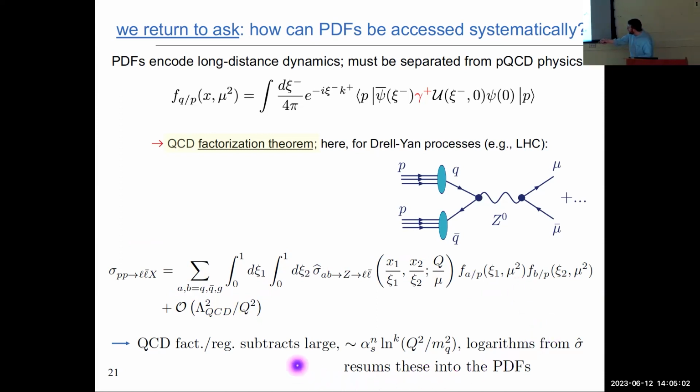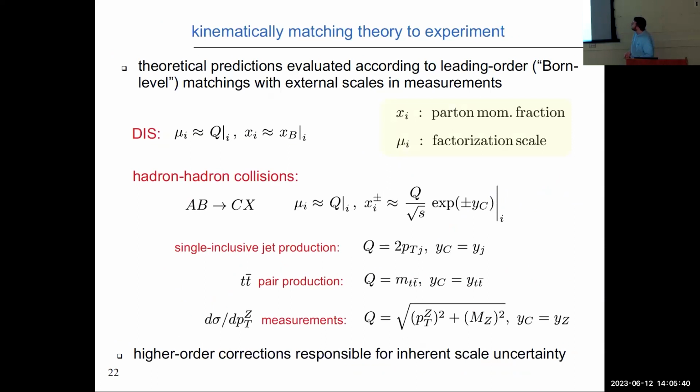How exactly does all this work and why do we use this sort of technology? We do it because when we write down a factorization theorem of this type, what we find is if you do the calculation at a given fixed order and then go up to higher and higher scales, what you find crossing partonic thresholds is you get logarithmic corrections that become uncontrolled as you go to very large scales. And the idea is that you basically resum these effects by absorbing them into PDFs as you cross each mass threshold from say a 3 flavor scheme up to a 4 flavor scheme actively involving the charm PDF.